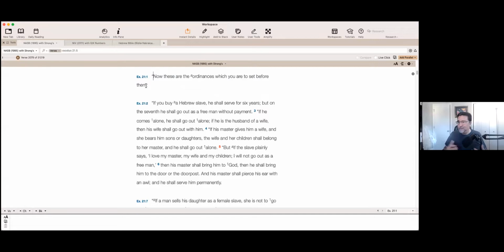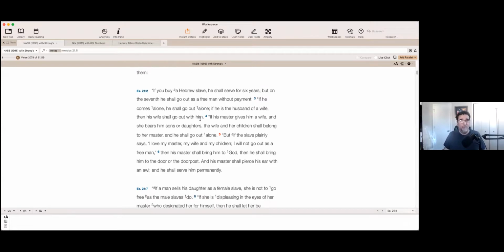So the idea of indentured servitude was you would become indebted to this master who would provide for your needs, and you would work in return until you paid off your debt, or until, in the case of a Hebrew slave, 6 years. So as you're going through this, you're going to see also protections that are biblical protections that were unheard of in the ancient world. So I will defend to the teeth the biblical way of doing things, as compared to,